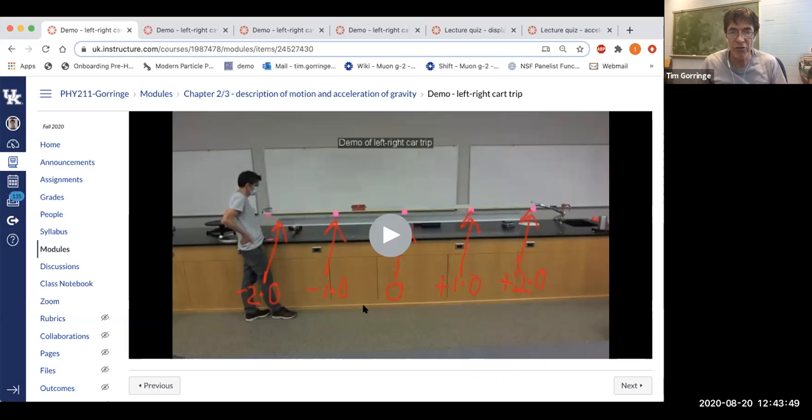In the center of the screen is a device called an air track. And on that device is a cart. And the cart can float frictionless on the air track. And it can move frictionless on the air track. And we're going to look at an example of motion.